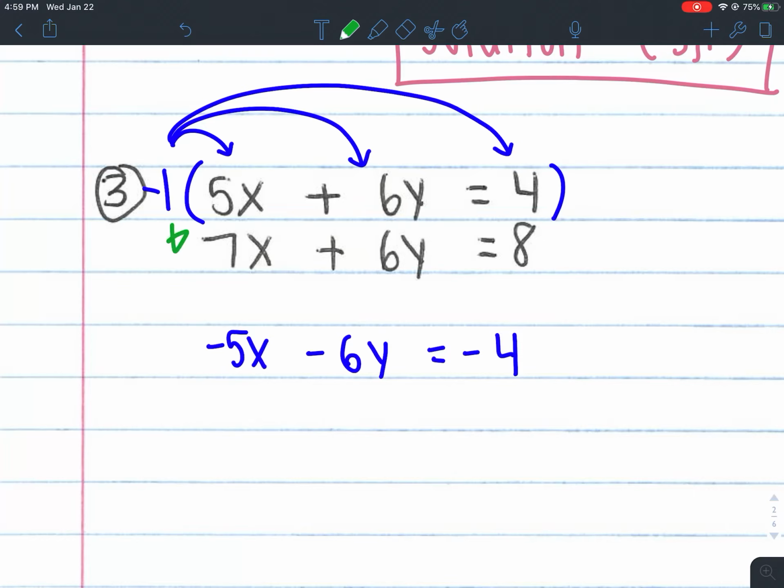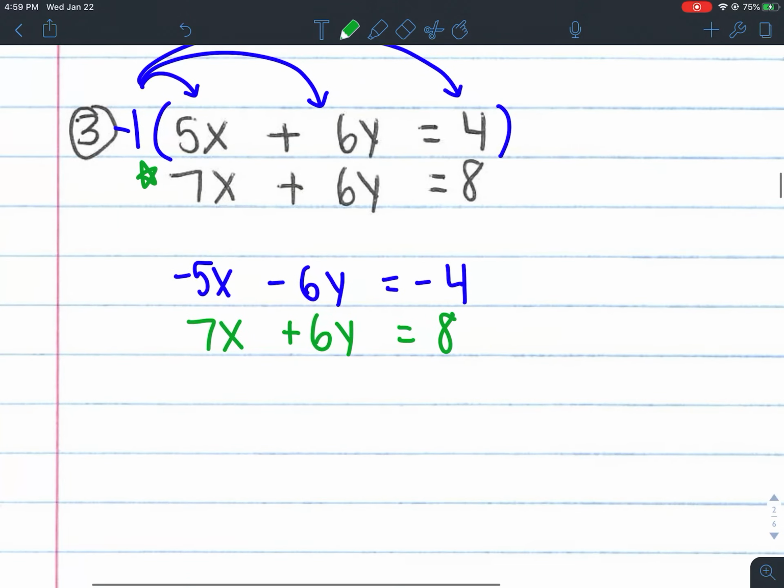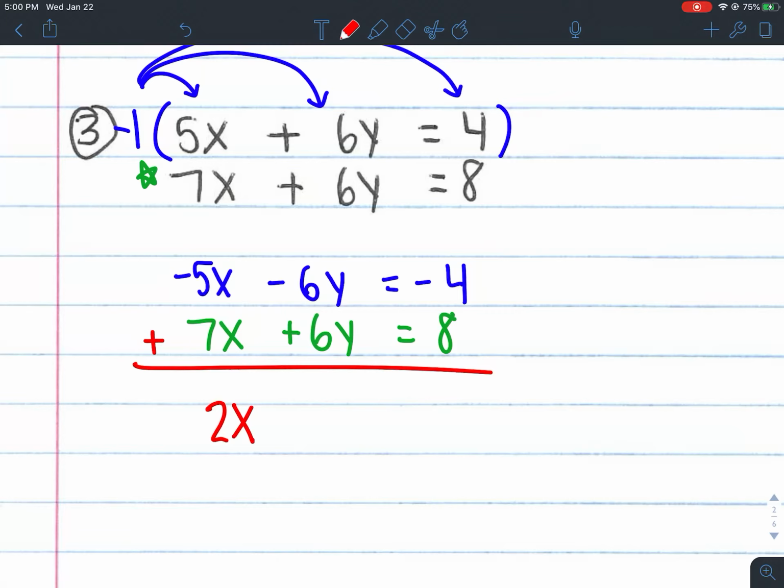Okay, and then you're like, well, now what do I do? Well, I'm going to rewrite the second equation right underneath it so that I have them stacked on top of each other. Because when it's stacked right on top of each other, it's easier for me to see. And then before you actually put your plus sign here, can you eliminate something? Yes, I can eliminate the y's now. So that's when I put my little plus sign, okay? So now I have -5x plus 7x, and that's going to give me 2x. Well, -6y plus 6y is going to cancel and become 0, and we have equals -4 plus 8, which is